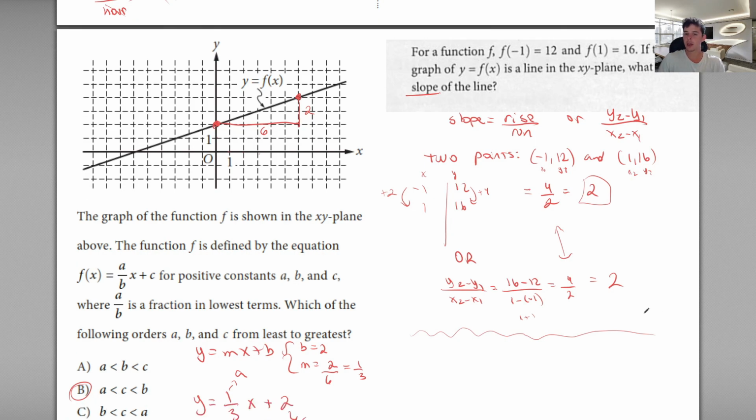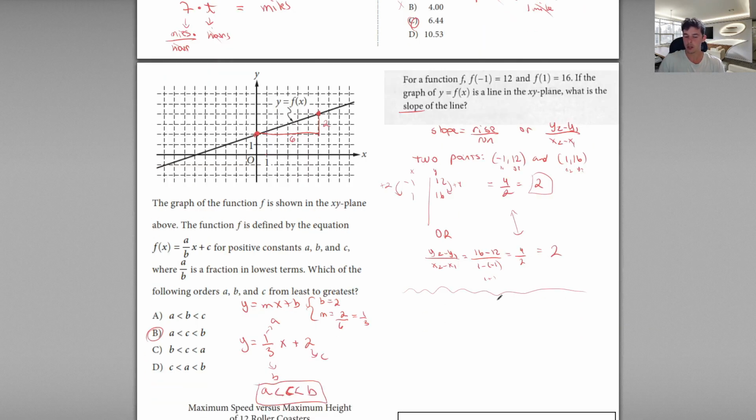So let's assume they were also asking for the equation of the line, or asking for the y-intercept as well. So we know that y equals mx plus b. We know the slope already, y equals 2x plus b. And we do have 2 points that we could use, because we know that when x is -1, y is 12, and when x is 1, y is 16. We could use any points. So let's use (1, 16)